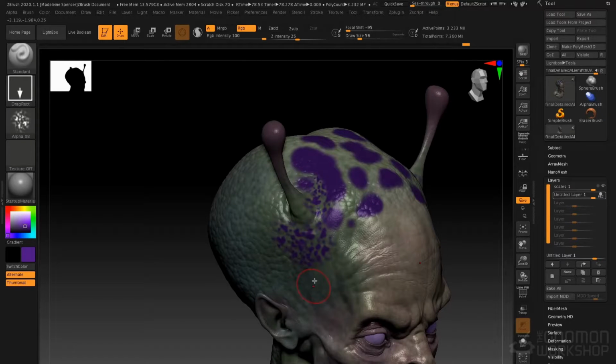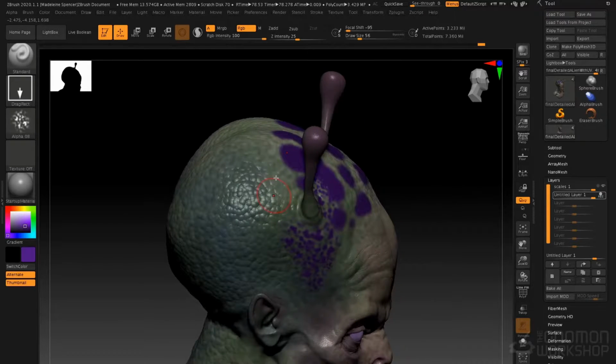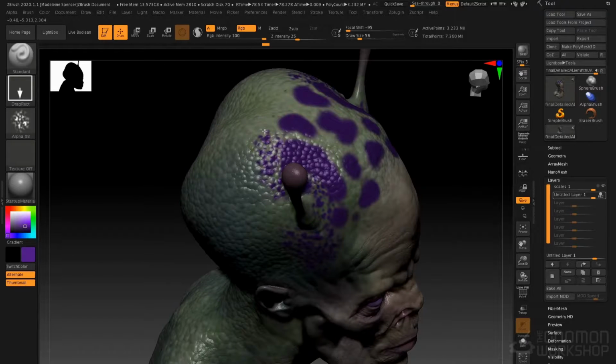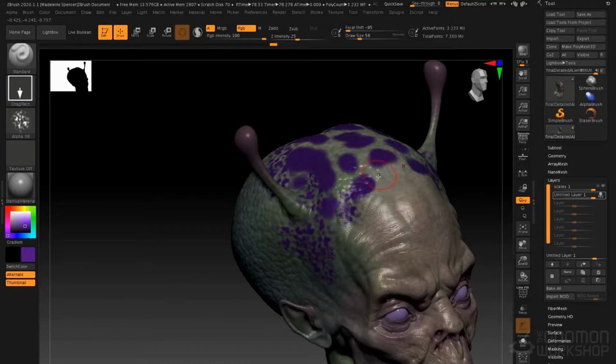Now this poly paint lives in this layer. So let's do a little bit more, just breaking up the edges here. And one more there. Now if I click next to record, I'm back in visibility mode. If I step down my subdivision levels, I no longer have access to changing this layer. Step back up,